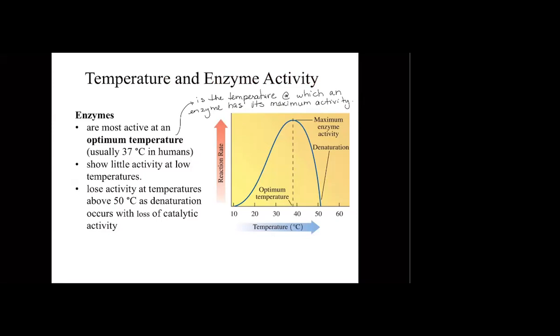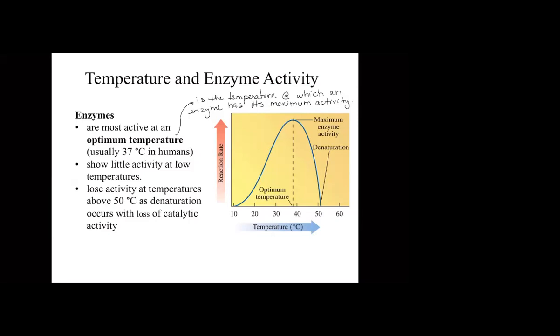So the graph that we have on the right side of the slide is just illustrating that the optimum temperature, which is around 37 degrees, is where we have the maximum activity of the enzyme. Now, notice that if we look closely at the blue line, which shows the reaction rate for a particular reaction, it doesn't matter if we go lower in temperature or higher in temperature. The activity of the enzyme is going to be decreasing if it stands away from that optimum temperature.